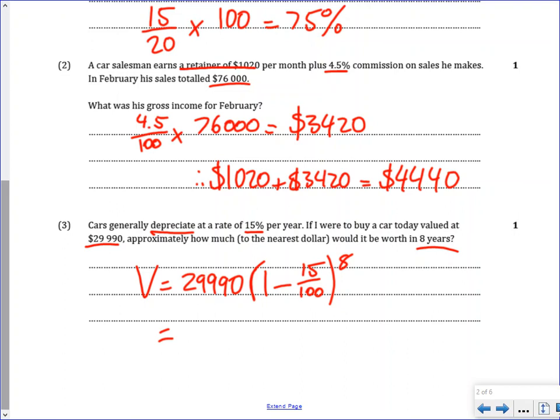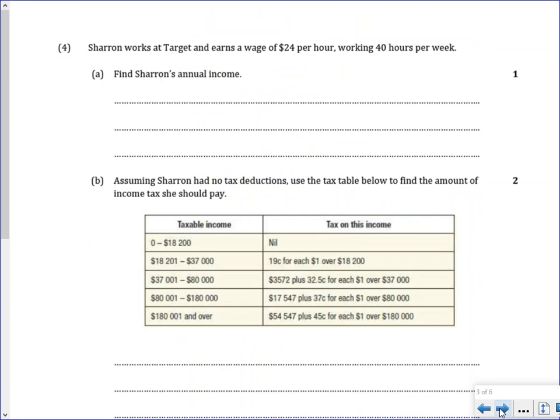So now we're just going to put that into our calculator. I'm actually putting that into my calculator as I'm going along. So this eventually gives me $8,172. The reason why we're rounding to the nearest whole is because it's to the nearest dollar. Again, we see that's only 1 mark, so basically we're looking for that answer. Looking at the next page,